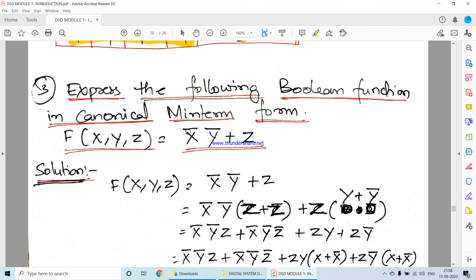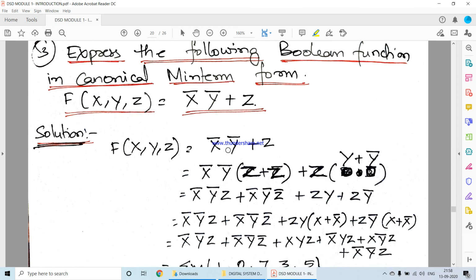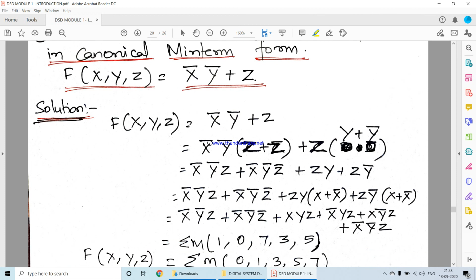Therefore, here we have x bar, y bar. Z is not present here, and z is there here. Xy is not there. Therefore, this is not the standard canonical minterm form. We need to convert this into canonical minterm form. So we'll see now how to do that. Now we will take x bar, y bar plus z. Now x bar, y bar, to get z here, I need to multiply this with z plus z bar. Now z plus z bar, or a plus a bar, earlier we know a plus a bar was equal to 1 in Boolean law. Therefore z plus z bar is also equal to 1.